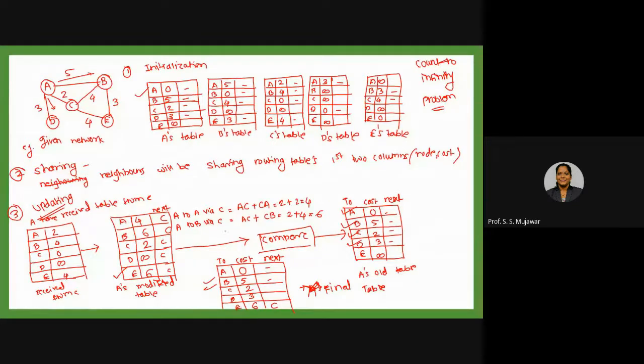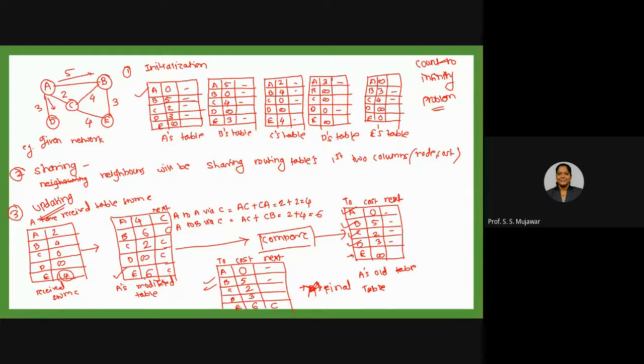Now what is this? Whenever we are sharing tables, we are only sharing the first two columns. Whenever a table comes from another node, we are only sharing the two columns, which tell how to reach. Suppose C shared this with A, so A is updating like that. So what A is understanding is that it cannot reach E directly. In this example we could not reach E through A, but through C we can reach it. Now we know that I can reach E through C, because C sent me this update that it can reach E with a cost of 4. And I can reach C with 2, so in total cost 6 I can reach E. This is the understanding of A's routing table, right?